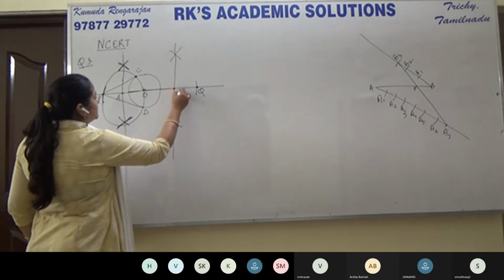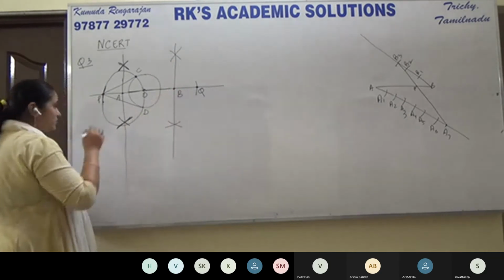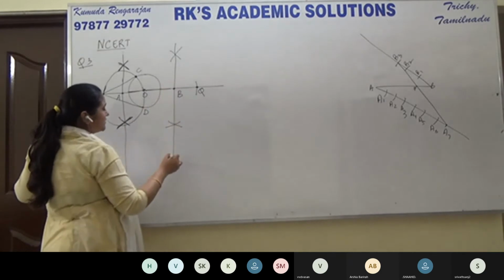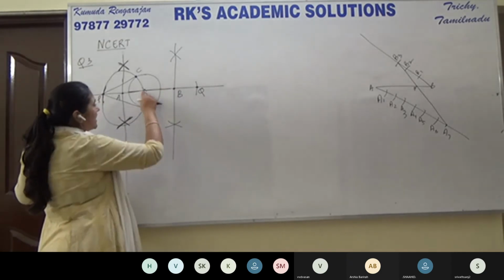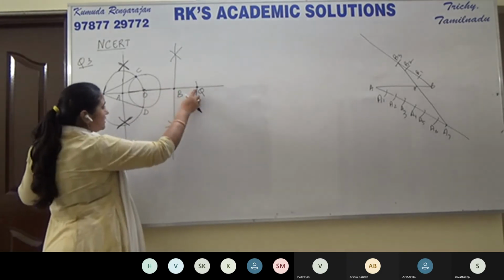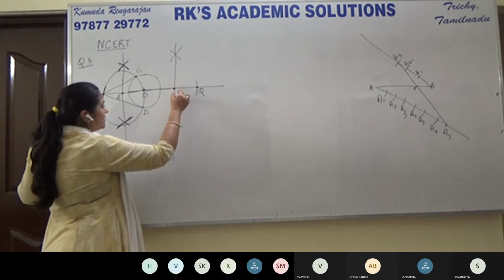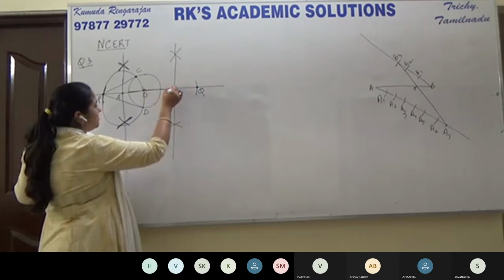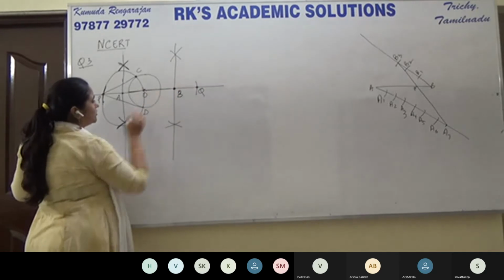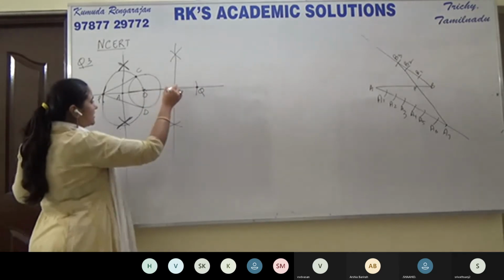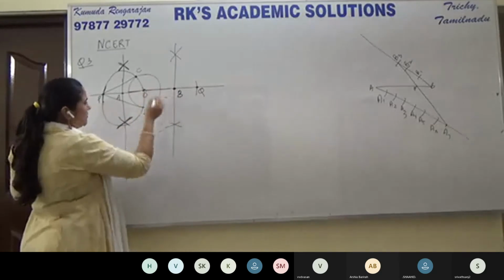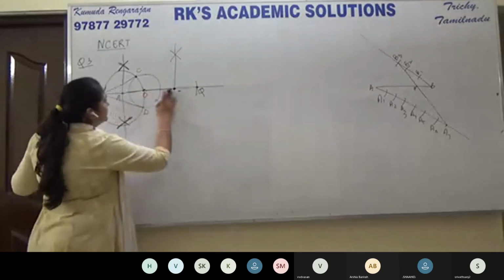Now you can call this B. Now with B as center, after constructing the perpendicular bisector of the line segment joining the center and the external point. Now B is the midpoint of OQ. Now with B as center and BQ or BO as radius, they'll be the same. But for me, I'm getting it very weird. Let's do it again.